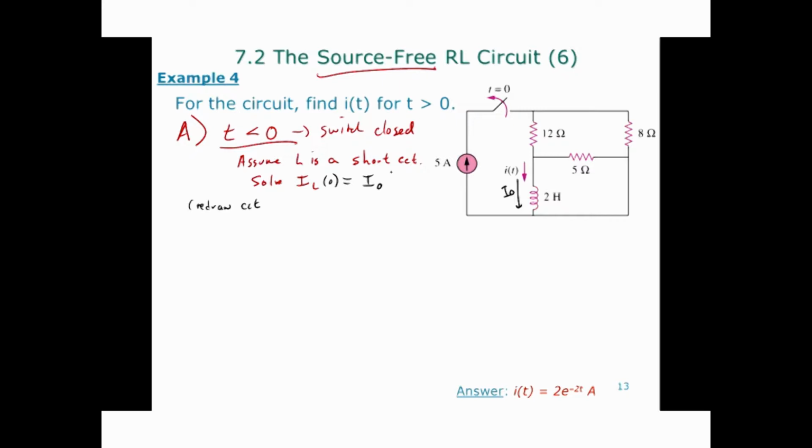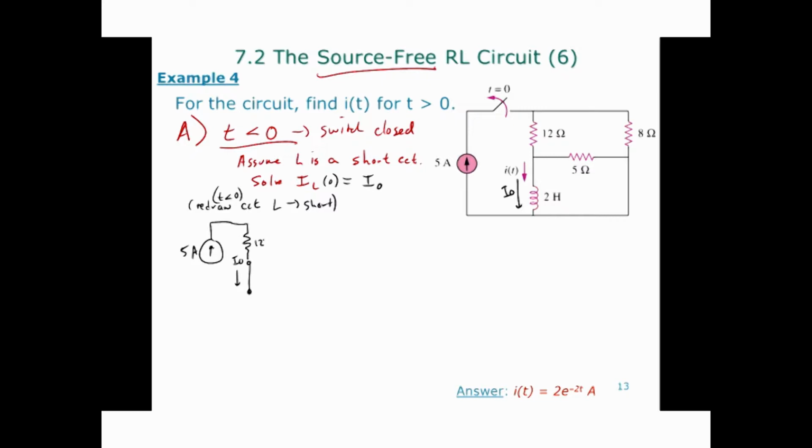So we can redraw the circuit with the L turned into a short, but you've got to keep track of what current you're trying to solve. This is redrawing the circuit for t less than 0. We're still in t less than 0, and that inductor has turned into a short. So what we're actually trying to find is the current going through that short where that inductor is attached